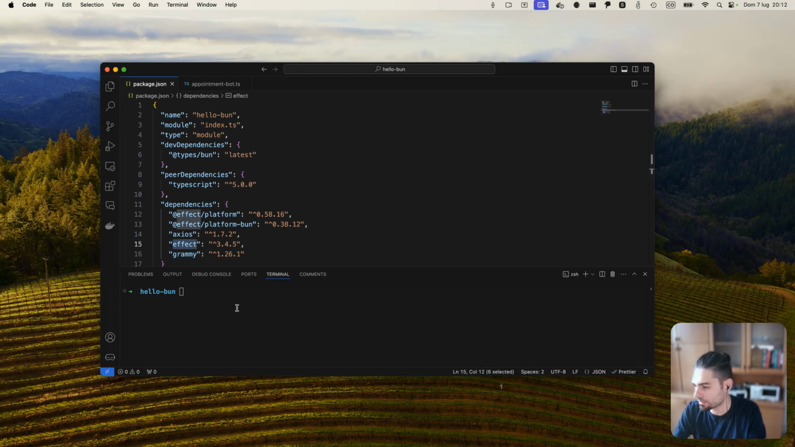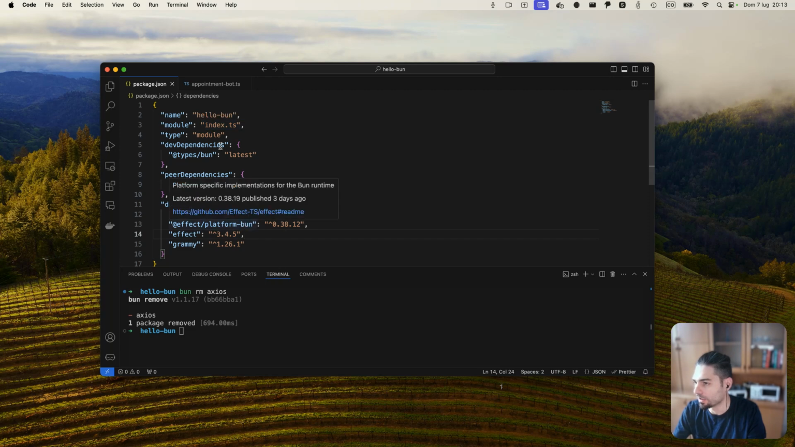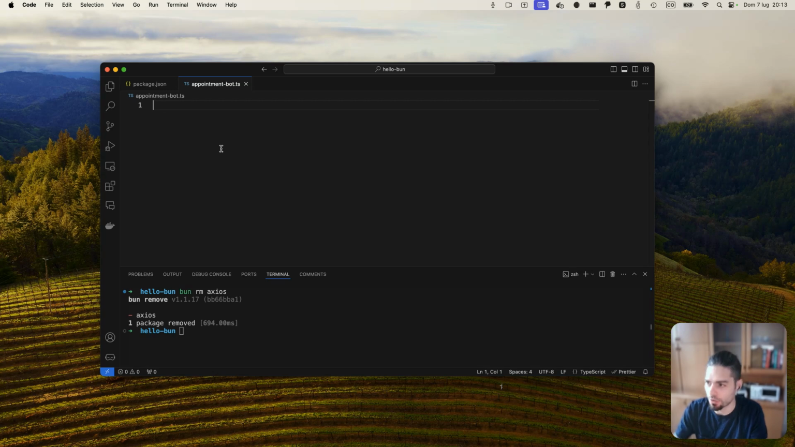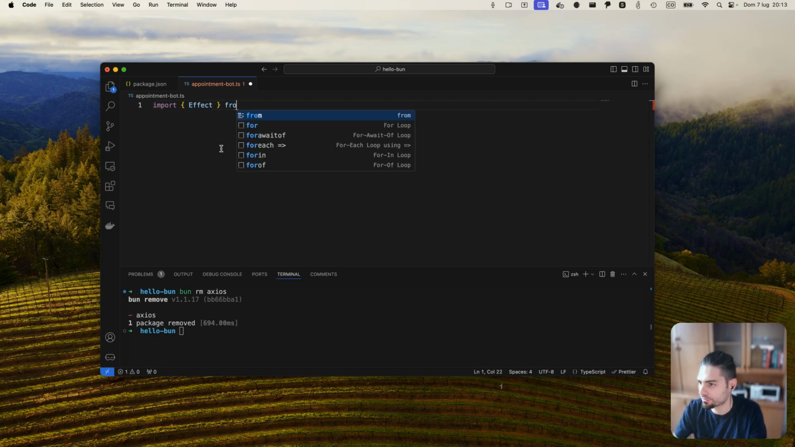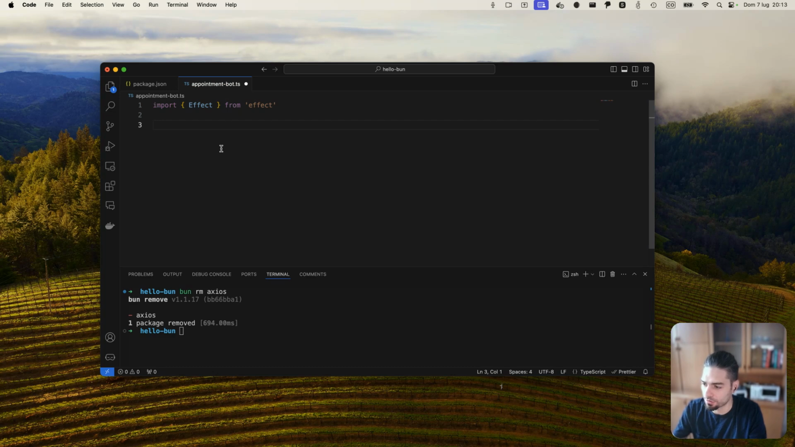Now we're not gonna need Axios. I can actually remove Axios. Not gonna need this, but we're gonna need some kind of platform shim, either with Bun or with Node. I'm gonna import Effect from effect, and the first thing that we're gonna need is the token to control